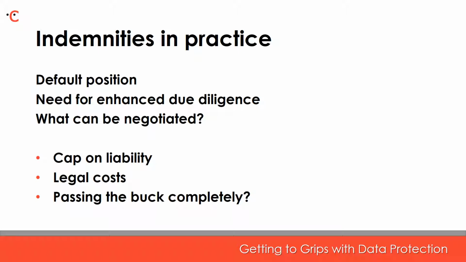Parties should give thought to how contractual indemnities will interact with a general cap on liability within the contract. The party with a benefit in the indemnity may insist on a very high cap, mindful of the very high maximum fines that can be levied under the GDPR. However, I think that the theoretical risk of such a large fine is unlikely to justify departure from contractual limits on liability that would otherwise be in play. It's also important to consider the interaction with insurance policies that might lie beneath the contract.